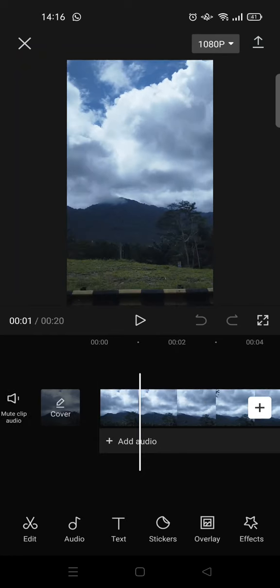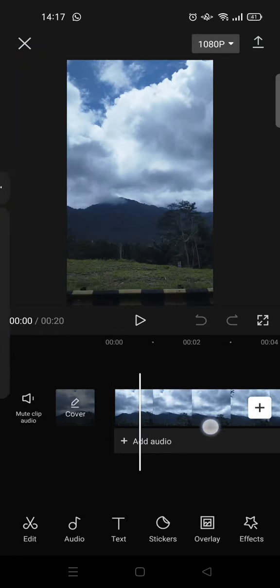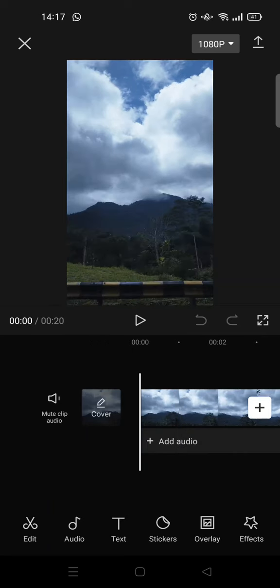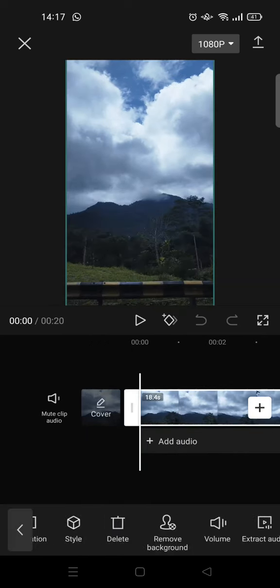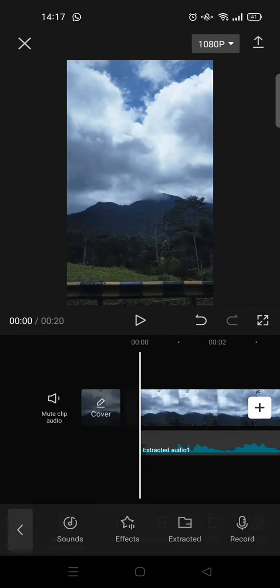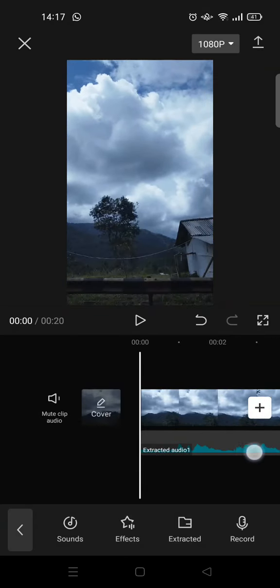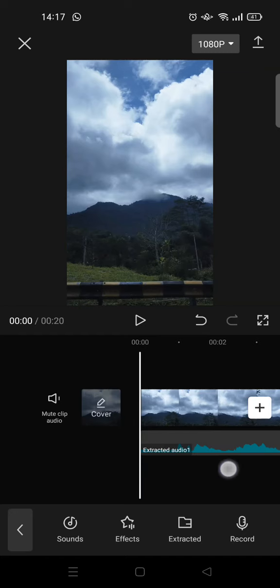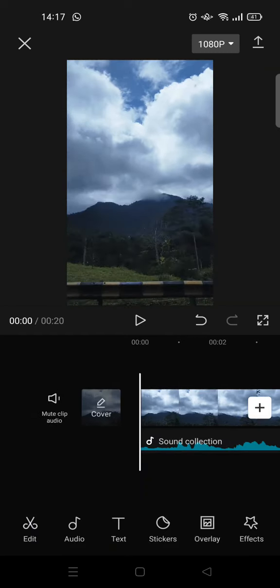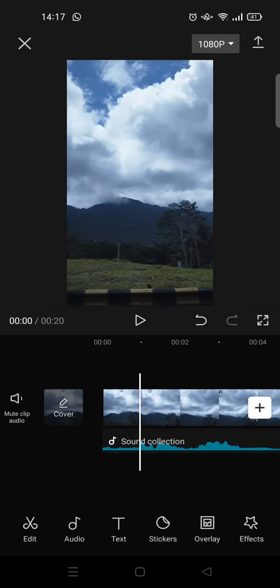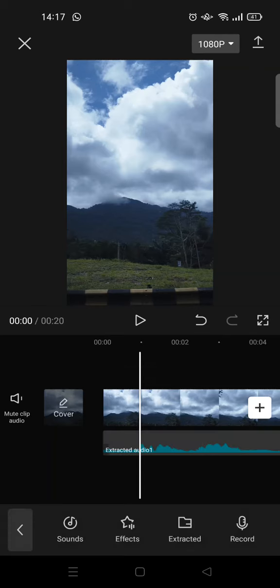And next, this video has some audio in it. I'm going to extract the audio first, so just click on the video and then click on extract audio. So the audio has been extracted, but I'm going to mute the audio because I don't want to get copyrighted on YouTube. So okay, to do the fade in and fade out, you can just click on the audio